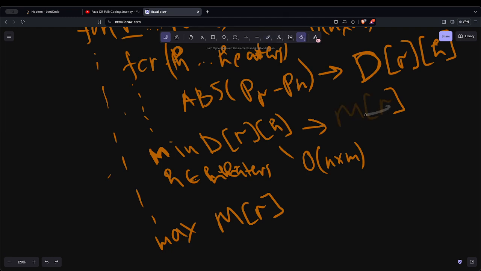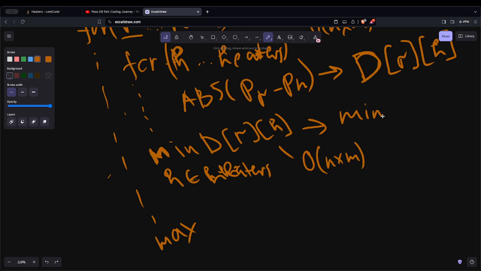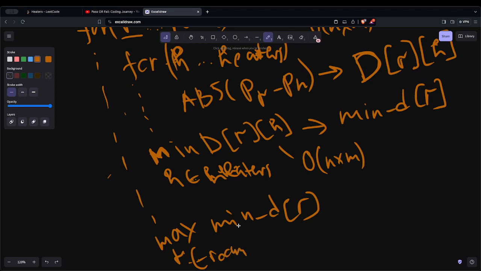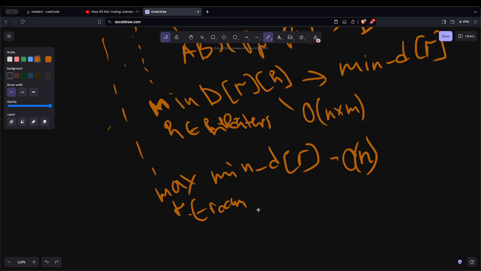And that's not to confuse, call it this min distance for the room r, and then for the min distance we need to check all the rooms. We need to find the maximum distance among the best heater location for every room, among the best distances between a room and a heater. So it's going to be O of n complexity. So the total complexity going to be like, we have